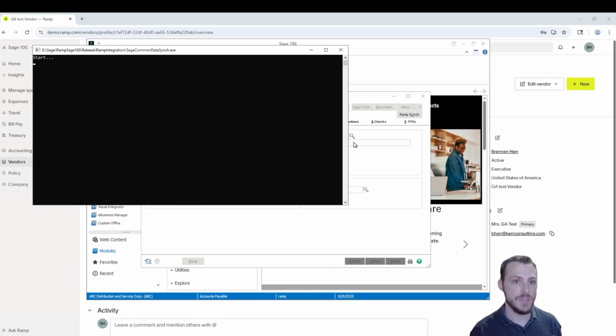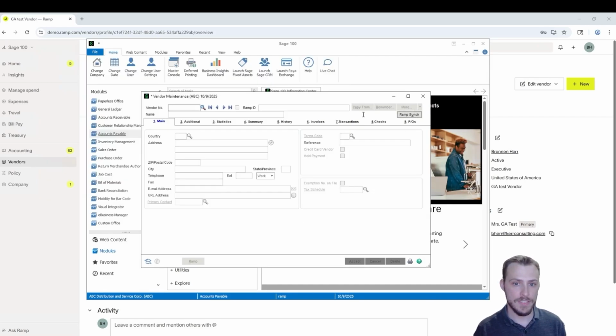Now, this is something that we triggered manually, but when it's in your environment, this will trigger automatically on a scheduled basis. And the manual sync will be here just in case it is needed for something that needs to be synced right away. Once the sync has been completed,